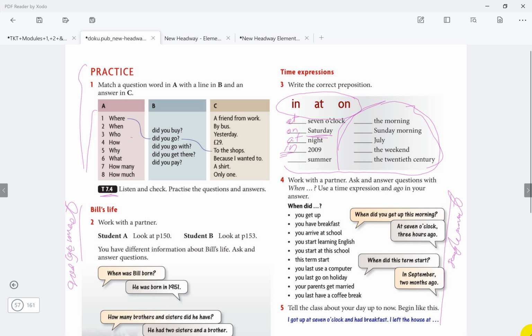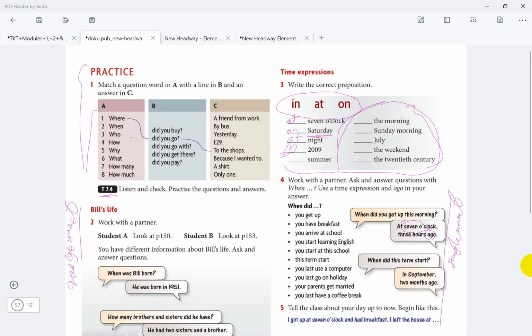When did this term start? In September, 2 months ago. So يعني نحتاج نجاوب نقول نخلي time expression plus ago at the end, since we are talking something in the